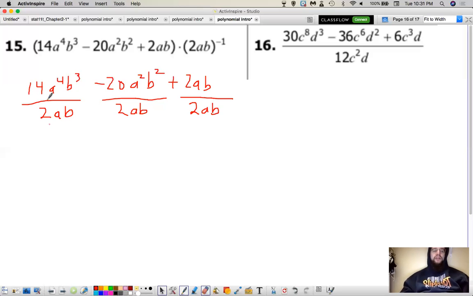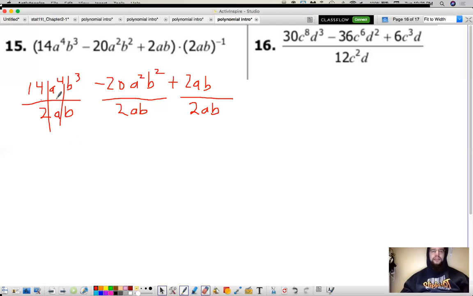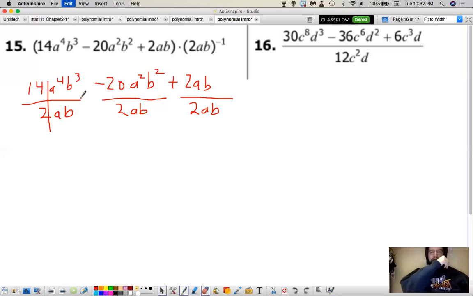14 divided by 2, so we are grouped. So we got the numbers together, we got the A's together, we got the B's together. I don't need to put the lines there. If you need to, put them. If you don't, don't. That's 7a cubed b squared minus 10ab